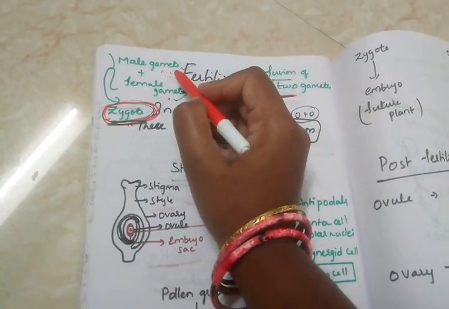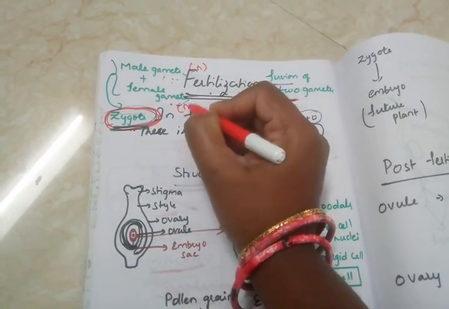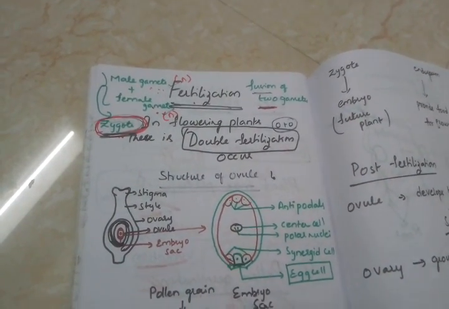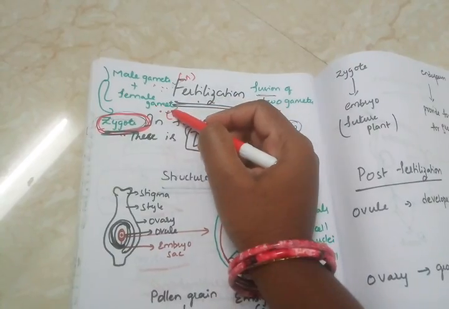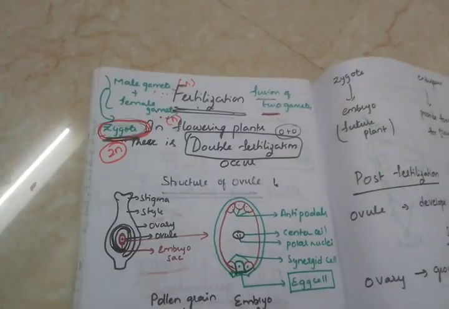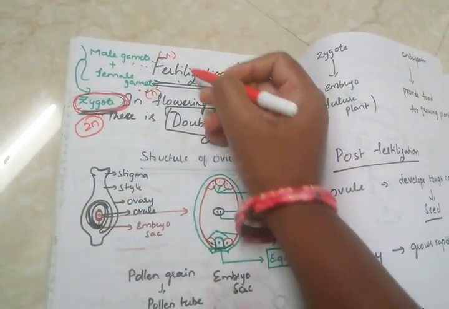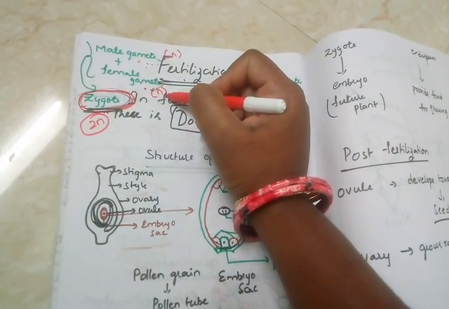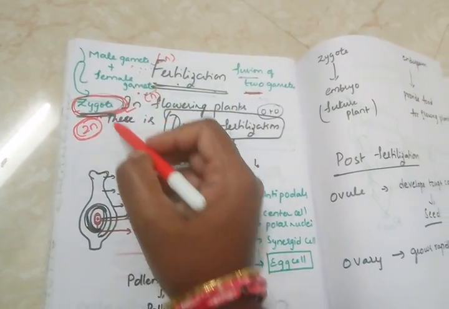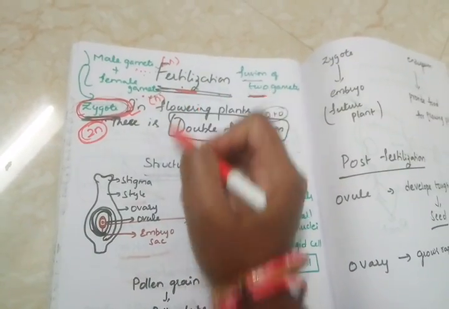Zygote. Generally the male gamete and female gamete are in a haploid set, so a single N, which is one set of chromosomes, is present in the male and female gametes. These two gametes fuse together and form a zygote, which is a 2N structure, which is diploid. So in the zygote, how many sets of chromosomes are there? Two sets. Why? Because one set comes from the male gamete and another from the female gamete, and both together form the diploid state of the zygote. So the formation of the zygote by the fusion of male and female gametes is called fertilization.